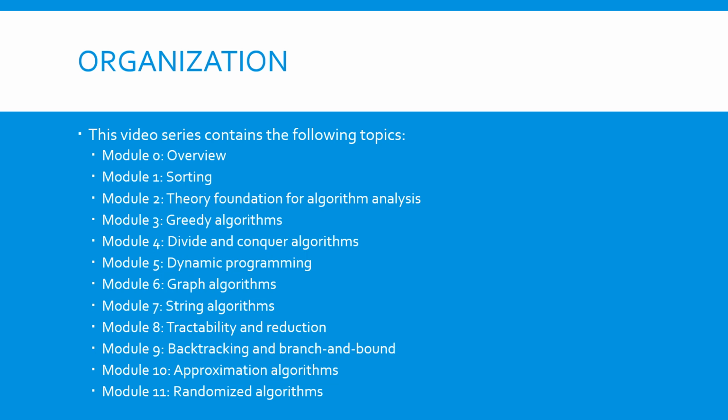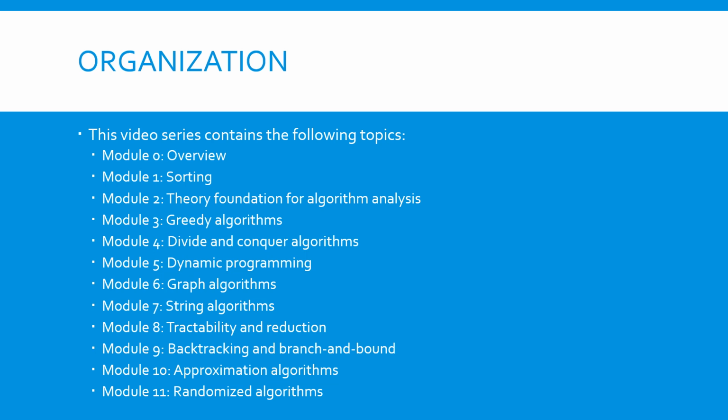In Module 2, we will try to introduce the theoretical foundation of algorithm analysis, including the basis for time complexity analysis and proof construction. In Modules 3 through 5, we will discuss three important algorithm design principles, namely greedy algorithms, divide and conquer algorithms, and dynamic programming algorithms. Each module will contain a set of algorithms developed under the corresponding principle. The algorithms can solve many important computational problems and are valuable themselves, and they can also provide us with a better understanding of the principles.